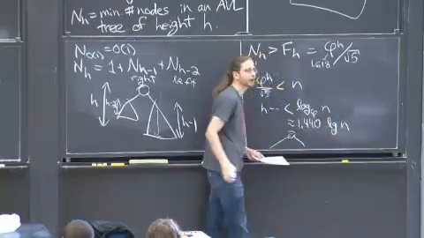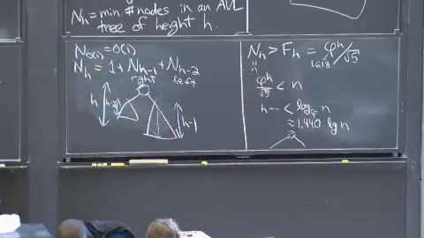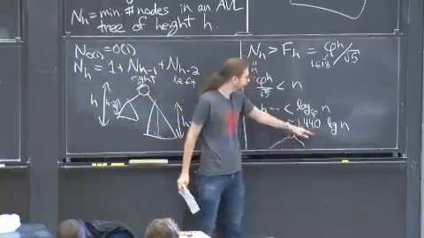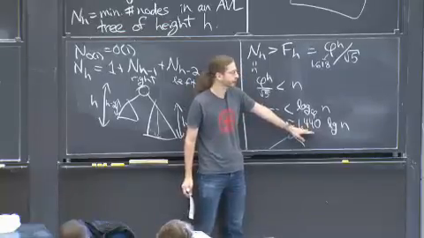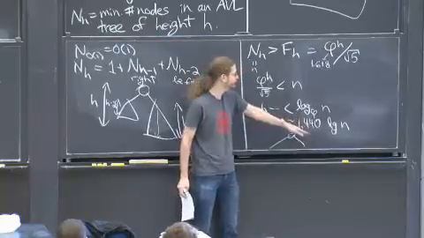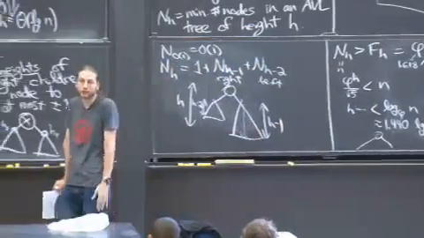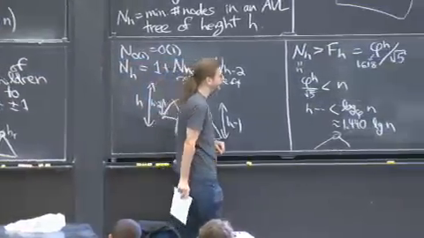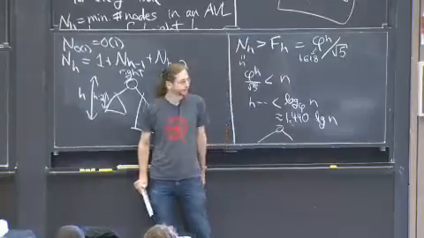Because after all, log base 2 is what computer scientists care about. So just to put it into perspective, we want it to be theta log base 2 of n. And here's the bound. The height is always less than 1.44 times log n. All we care about is some constant, but this is a pretty good constant. We'd like 1. There are binary search trees that achieve 1, plus a very, very tiny thing, arbitrarily tiny. But this is pretty good.